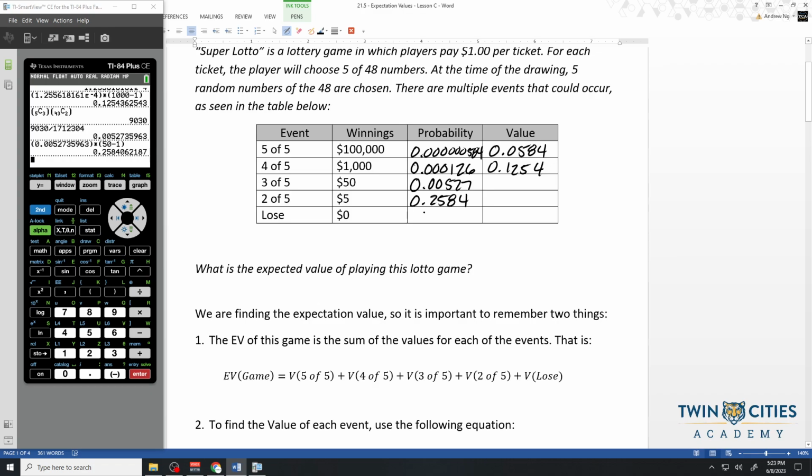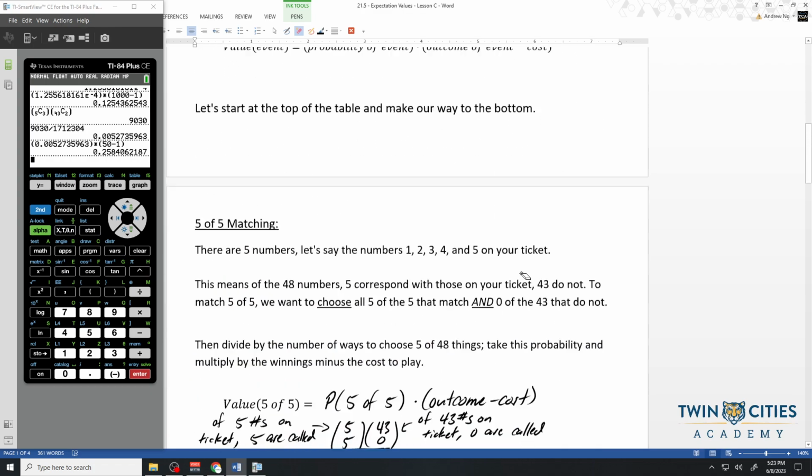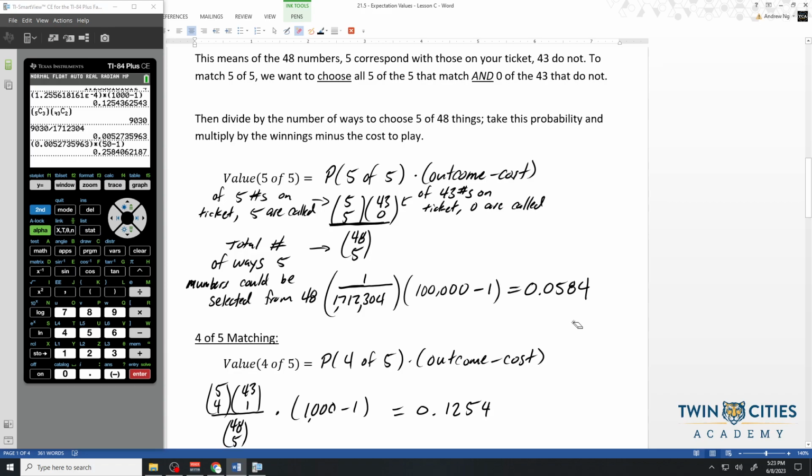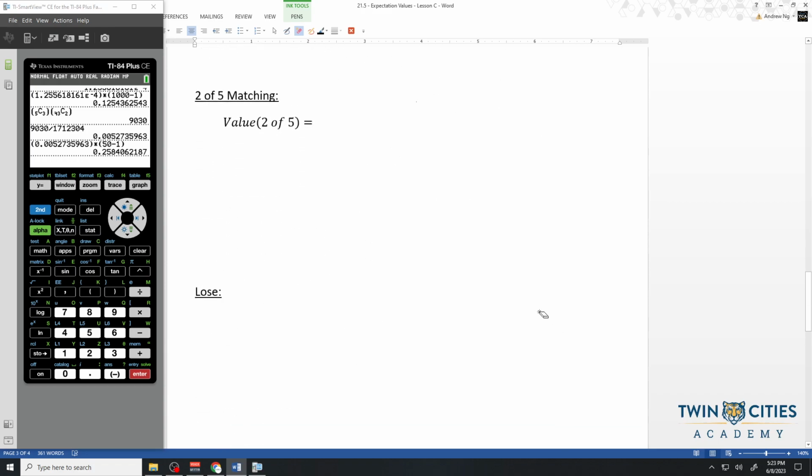Okay, so the probability, oh no, that's the value here, 0.2584. And now we'll move on to 2 of 5. Okay, for 2 of 5, let's move back down. This is going to be the probability of getting 2 of 5